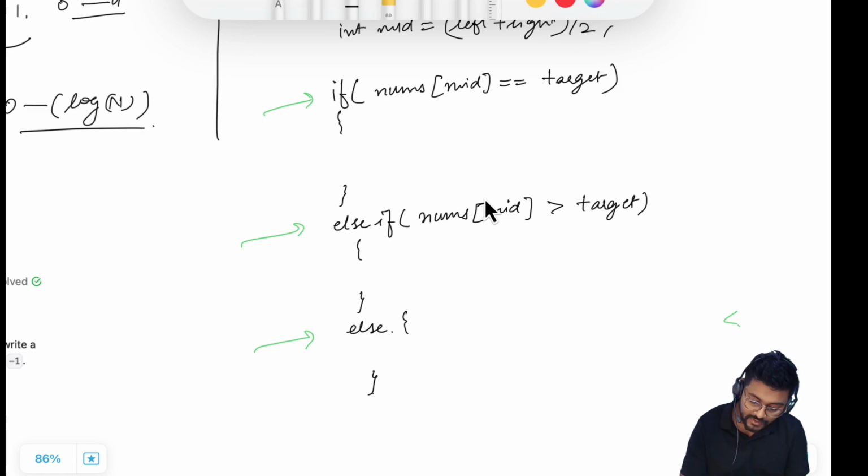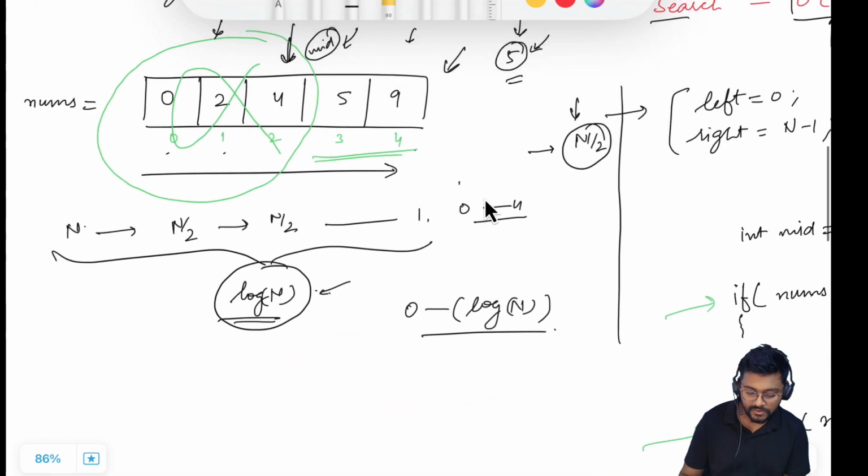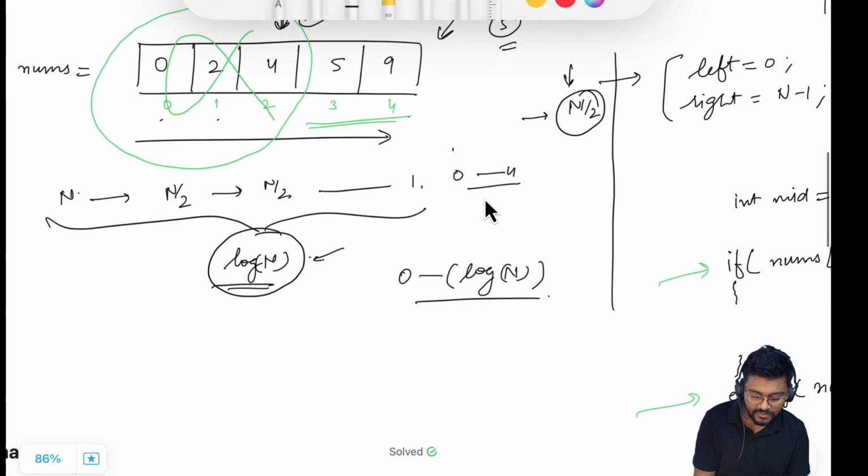If it is equal to the target, we have found that value in our array, so we can directly return the index. And what is the index? Index is the mid element. If it is greater than the target, it means that the current value is greater than the target. Let's say in this case I have chosen 2 as a target value and the middle value is 4,